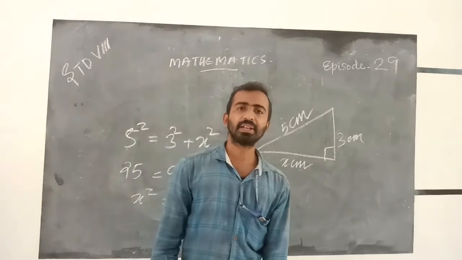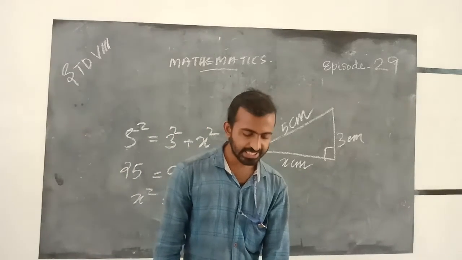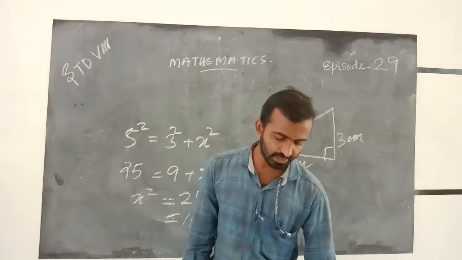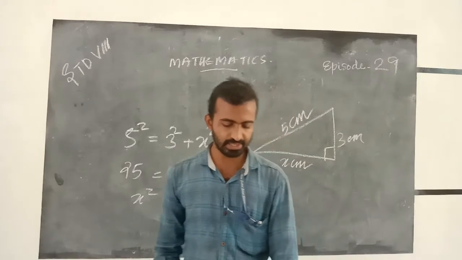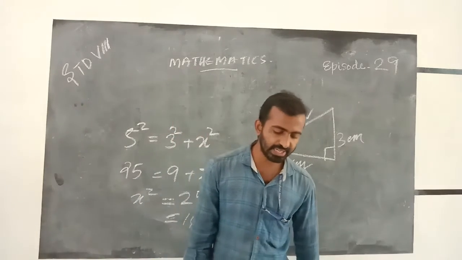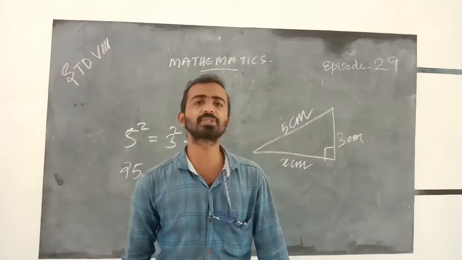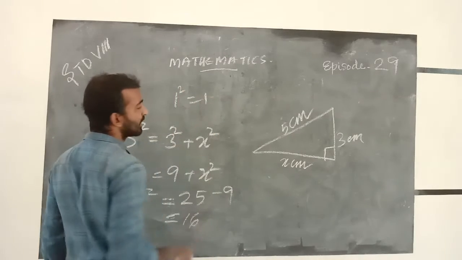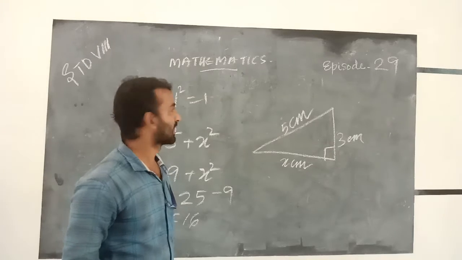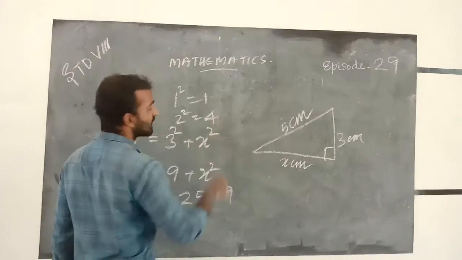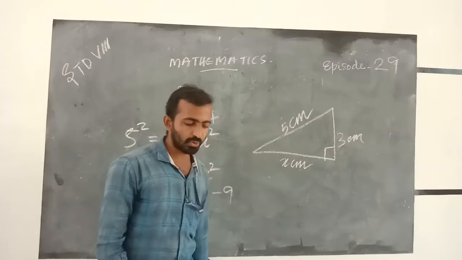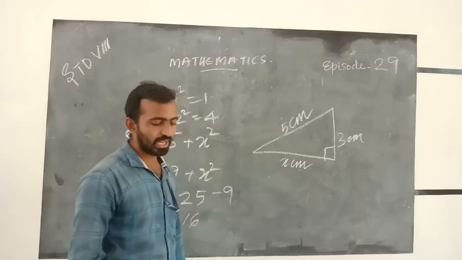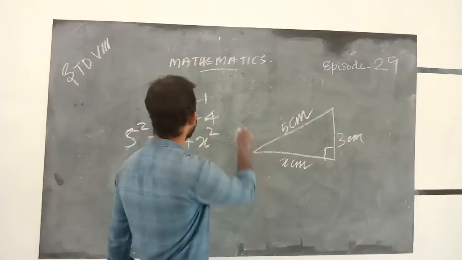We want to find the answer. This is the square root. Finding the number whose square is the given number is known as finding the square root. That means 1 square equals 1, so the square root of 1 is 1. 2 square equals 4, so the square root of 4 is 2. 3 square equals 9, therefore the square root of 9 is 3.